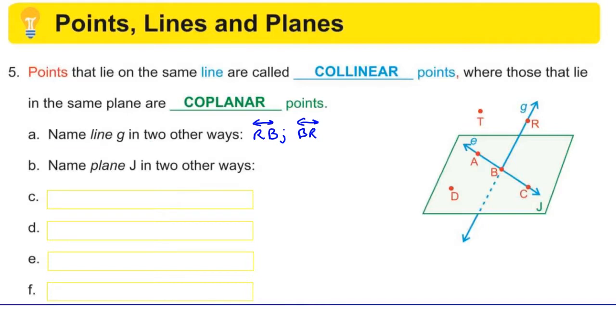Let's do another one. Name plane J in 2 other ways. All right, now we're talking about plane J. Well, plane J is the shorthand. The full way to remember is to use the word plane. And what else do you have to do? Again, I hope you're thinking 3 points that are not on the same line. Now, we can get a lot of answers for this. So there are various ways. We're only going to show you 2. So I always like to pick 2 points on the line, A and B, and a point not on the line, D. Okay, we name the plane, plane ABD.